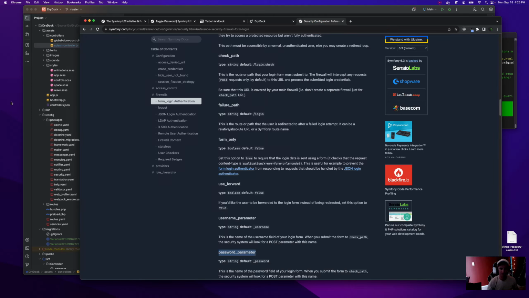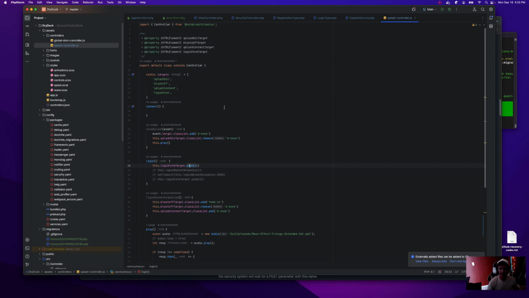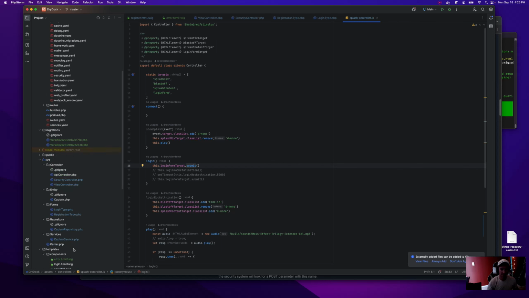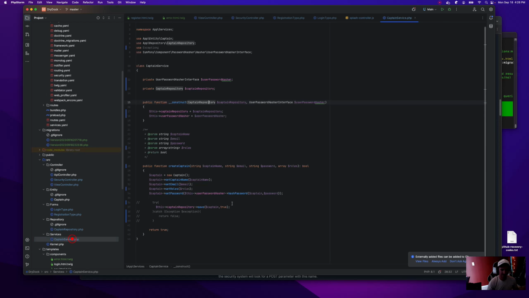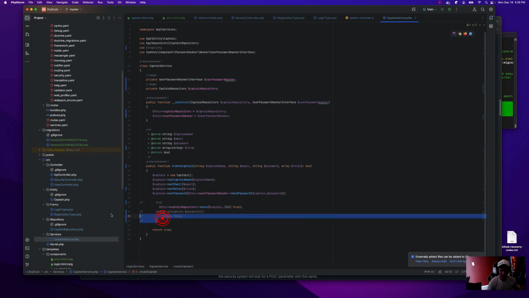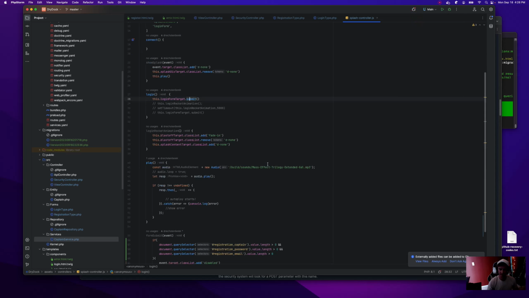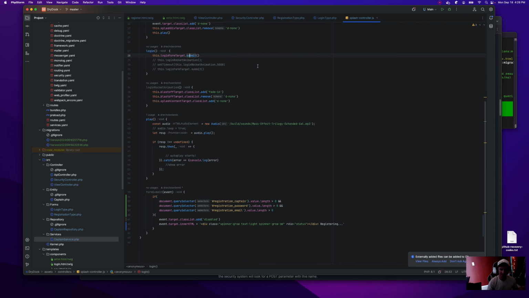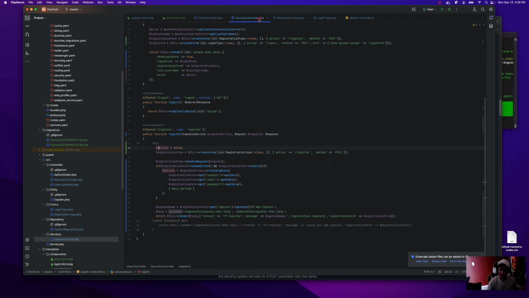Cool. So once login gets hit, then let me fix Captain Service while we're here. Uncomment this stuff so we actually do something instead of just letting an exception happen, even though that's not the right thing, and we'll fix it later. Uncomment this as well so we don't have broken turbo frames.